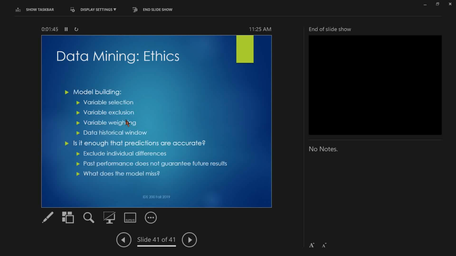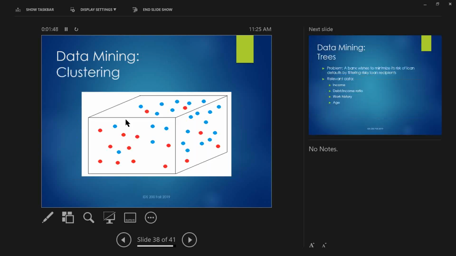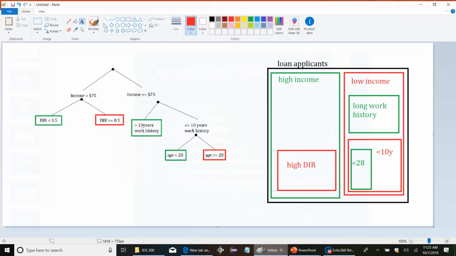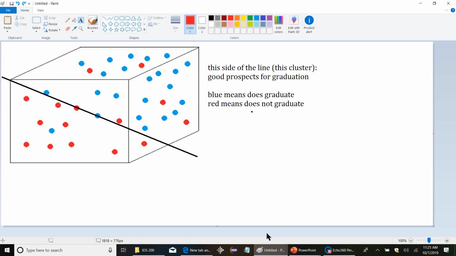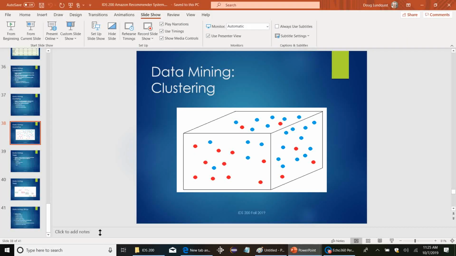So number one, you can have a data mining system, something like this. If we develop a clustering and you draw a good line through it, let me see, I can unzip this. You can come up with a pretty good predictive model for this. And nobody's going to say, hey, that's not a pretty good predictor, right? Most of the blue is on this side, most of the red on that side. It's tough to argue with the basic logic of it. However,